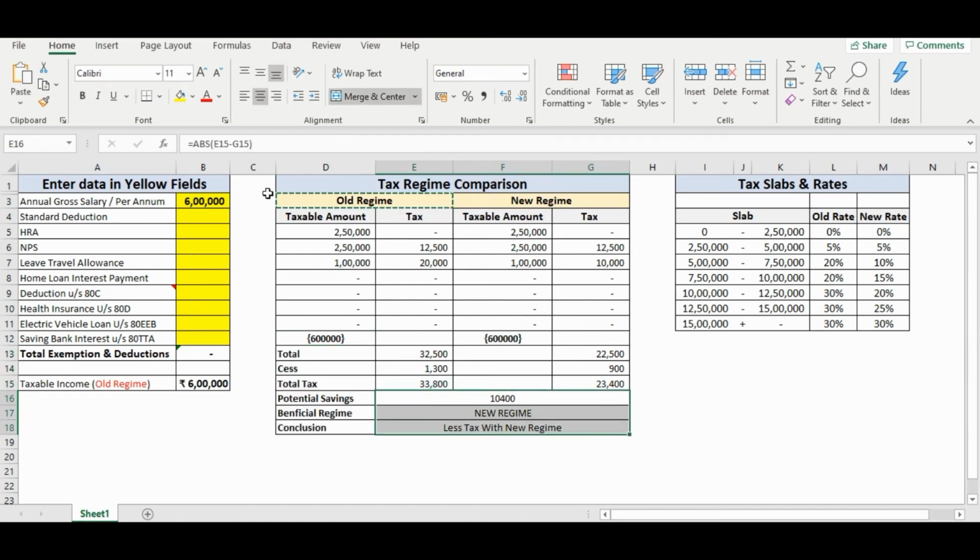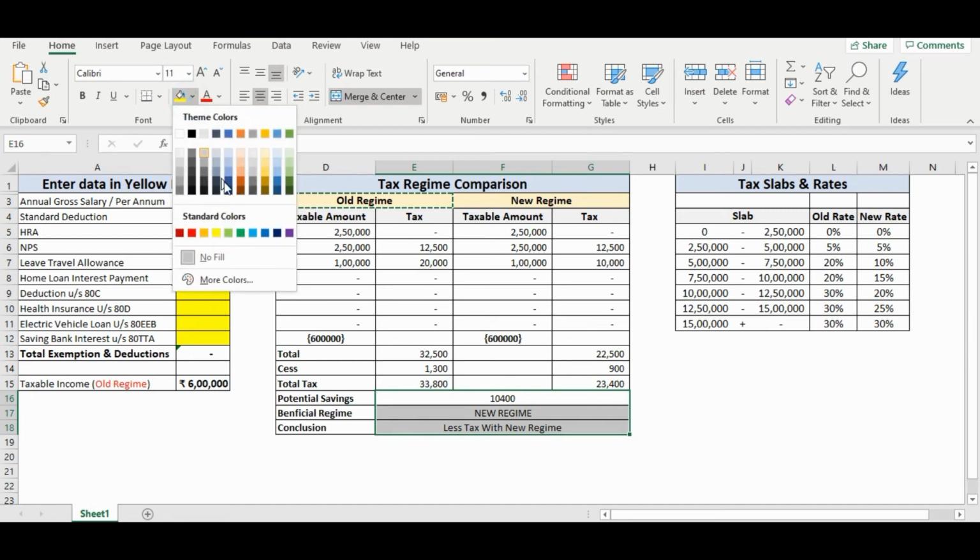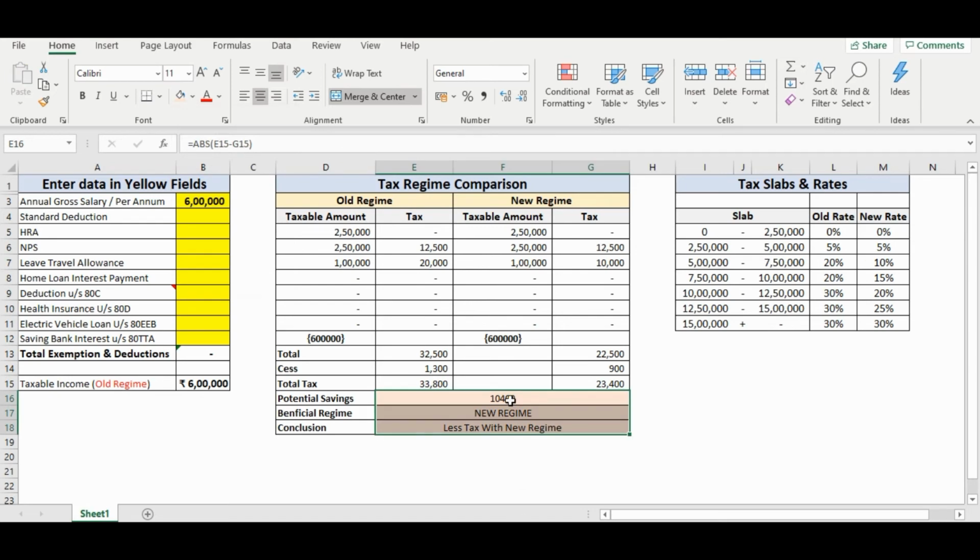Let's make all the headings bold. Select these cells. Go for your background. Choose the color of your choice. Maybe we can go with this. Let's make the font as red, bold, and increase the font size.